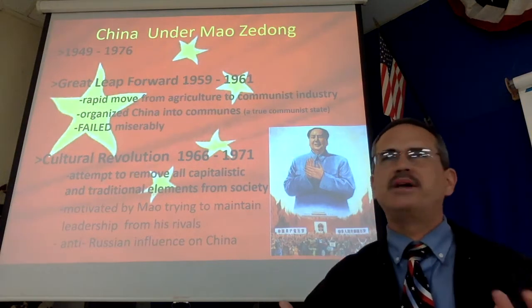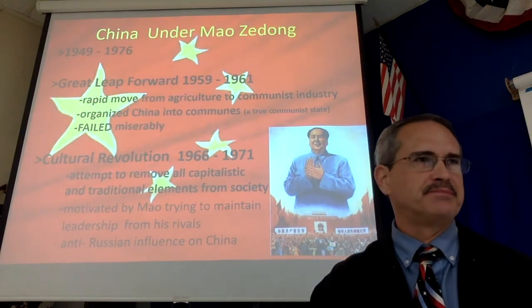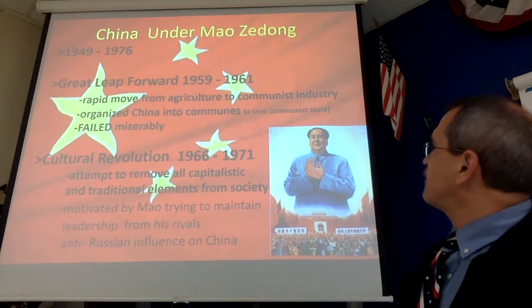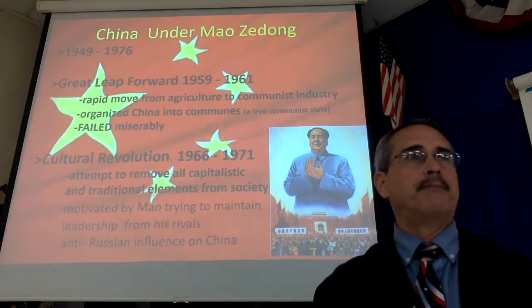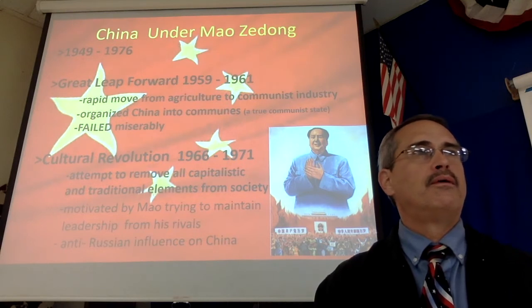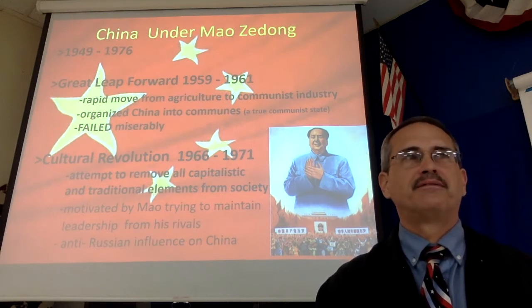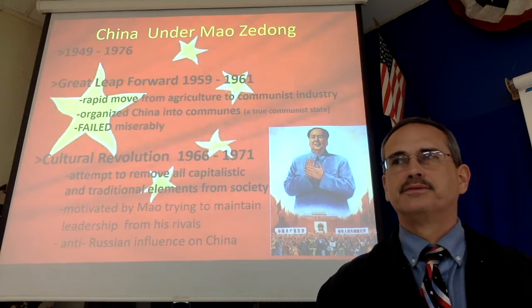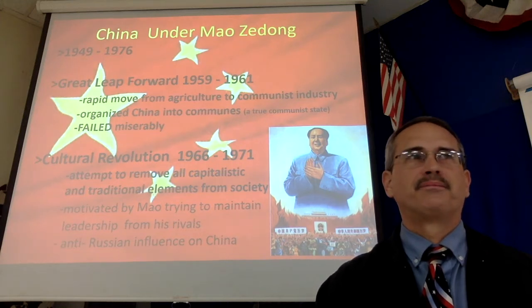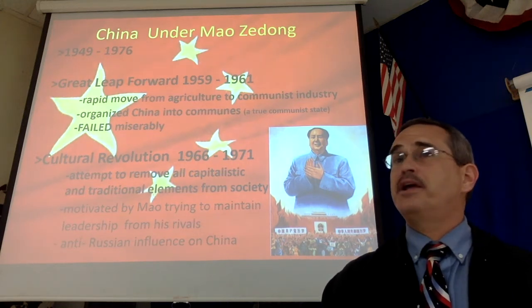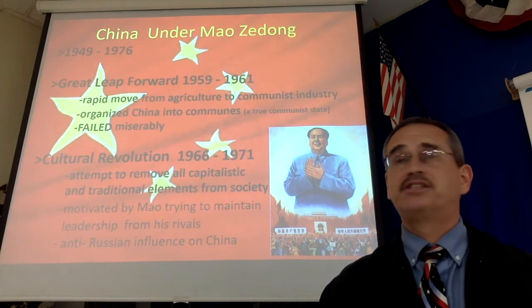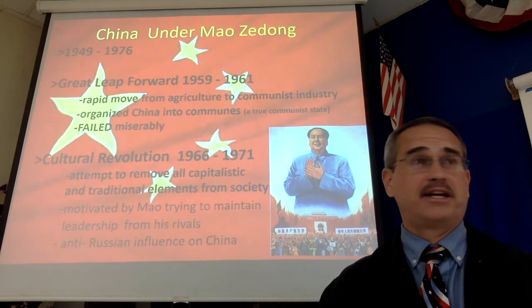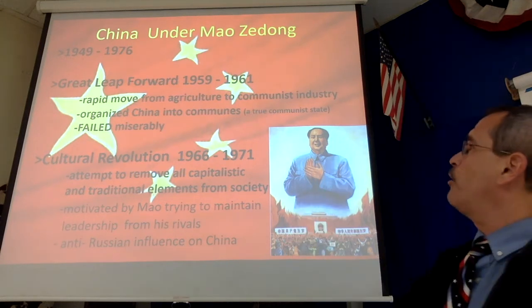The communists were always coming up with 5-year plans. Notice their 5-year plan lasted from 1959 to 1961. Well, how many years is that? 3 years. Oh, I was reading the top one. Okay. 3 years is how long their 5-year plan lasted. And it's not that their math is bad. It's just that's how bad their plan was, that they had to cut it short. The plan was called the Great Leap Forward.